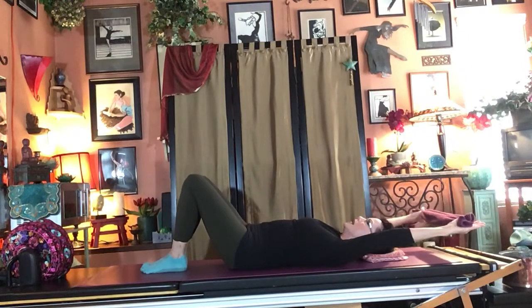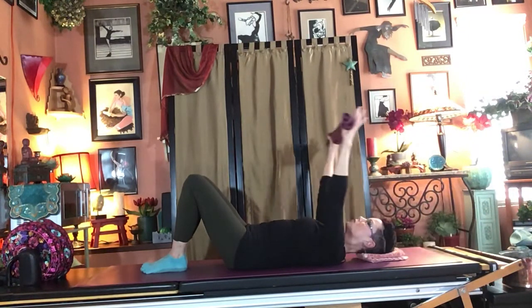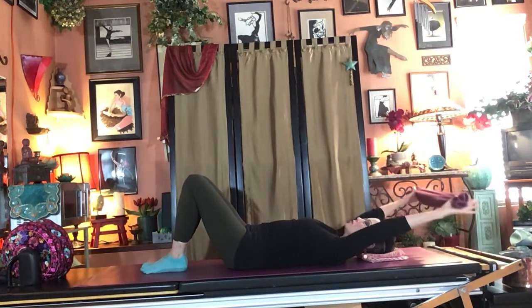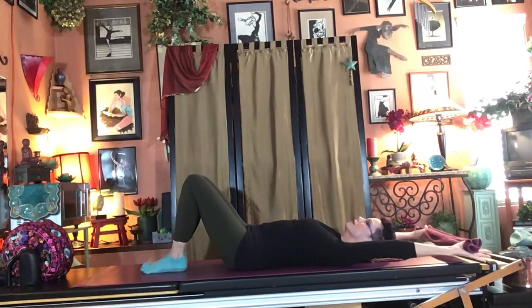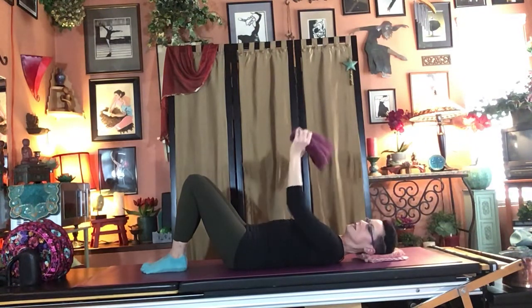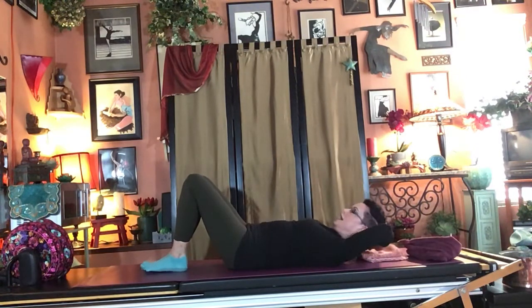Inhale to reach back. Check your back ribs down. Exhale to straight up over solar plexus. One more. Inhale to reach back. And exhale up. All right, then place that down and interlace your fingers behind your head, and we'll do our